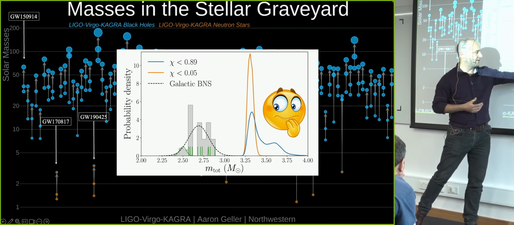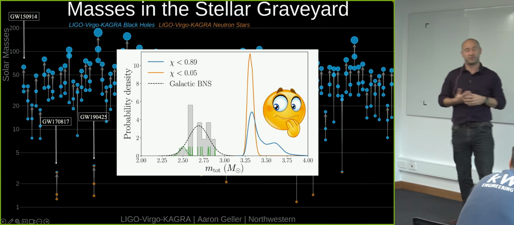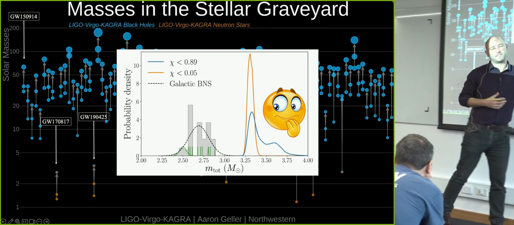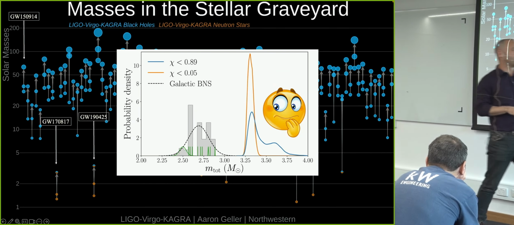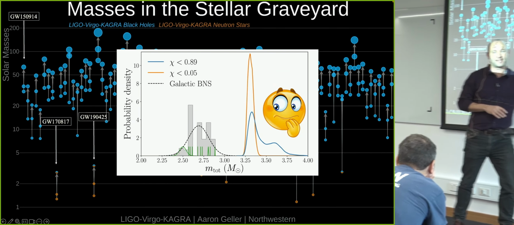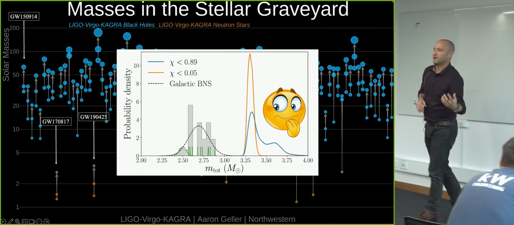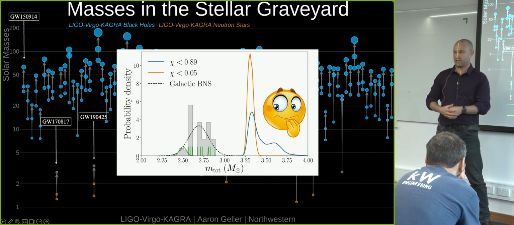In blue and orange are just the posterior mass distributions, the posterior distributions on the total mass for this event, given different assumptions, which aren't too important here. All this is saying is it's robust to the assumptions that you make that this thing is far too massive compared to all of our galactic systems. And so that's really the key takeaway,